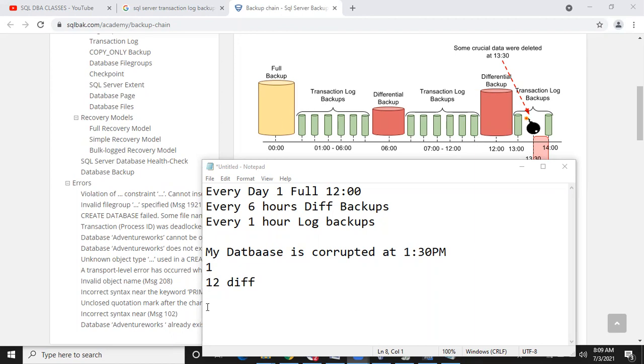In case you have a differential backup, with one full backup you are going to get the data till night 12 o'clock. Then with the latest differential backup you are going to get the data till afternoon 12 o'clock, and one more log backup is there at 13, right? So 1 o'clock. One full, one differential, and one log backup, so that you are going to get the data till 13 only. My database is corrupted at 13:30, 1:30 p.m. Okay, but if you restore the 13 or else 1 o'clock